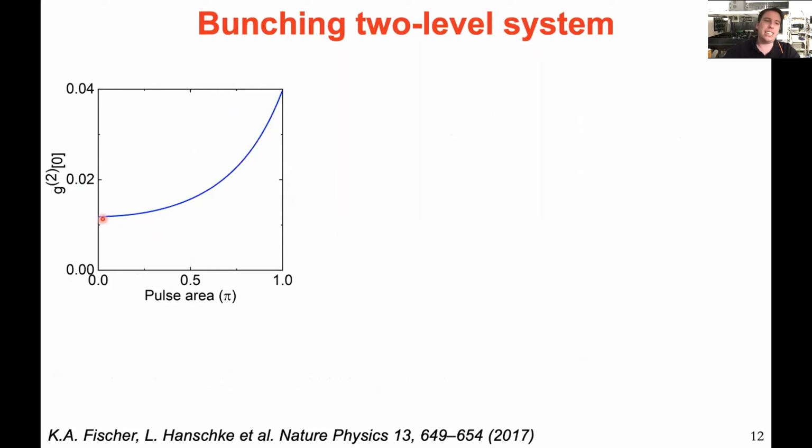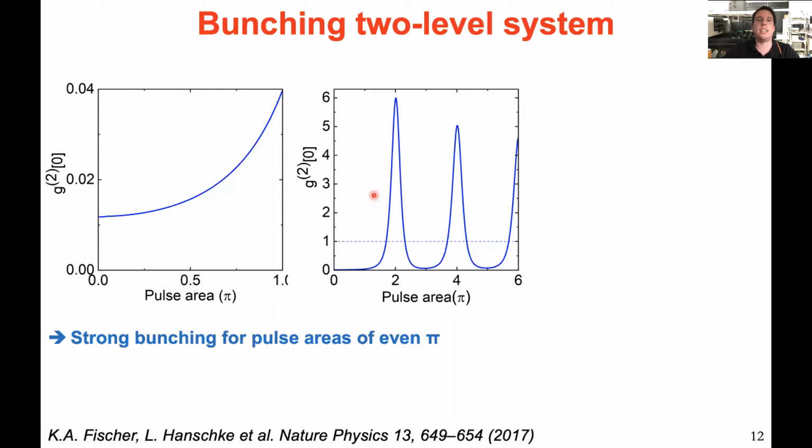However, this is not exactly the case, because at the same time, when you decrease your pulse area, your brightness decreases, such that for a very low pulse area you have something which has a better G2, but has no photon, so it would be a 0 photon source and not a single photon source. Interestingly, when we leave these simulations running to higher pulse areas, we can see that in G2 we observe bunching, which is out of phase with the Rabi oscillations.